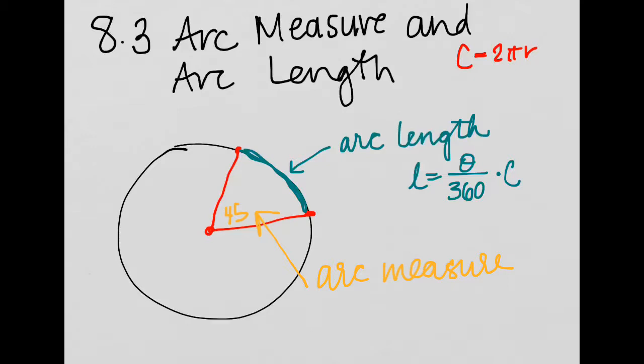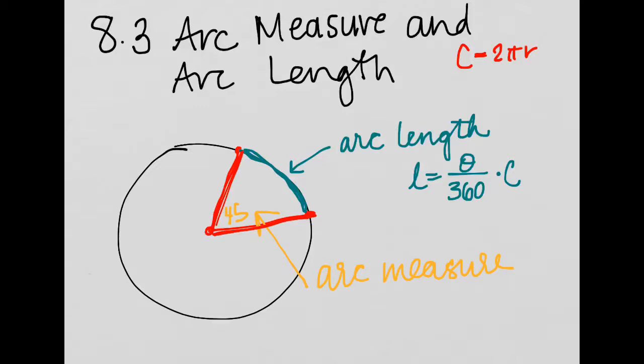We are jumping into arc measure and arc length. Those are 2 separate things, and they're easily confused. So I want to take a look at this circle here. We have some inscribed, we have an angle inside of my circle,